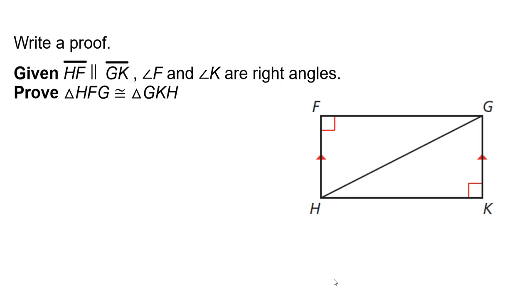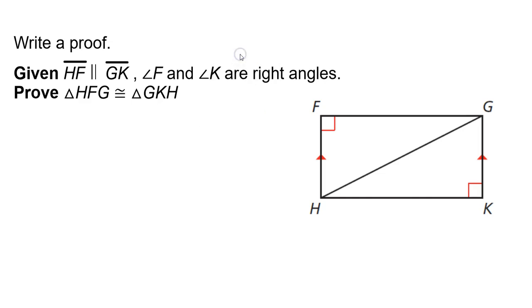Okay, here we are with another proof. We're given some different information this time. It looks like we have a rectangle, but since it's not given to us, we don't want to jump to conclusions, but it looks like a rectangle. And we know HF is congruent to GK. No, they're parallel, not congruent. HF is parallel to GK. Angle F and angle K are right angles. And they're asking us to prove triangle HFG